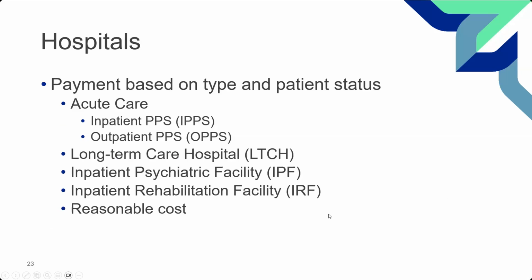Next, I'd like to move into hospitals because hospitals have a variety of payment methodologies, and that's what we're going to talk about as we go through these different hospitals. So this set of slides is based in the hospitals, but it's going to be based in the different payment methodologies. Okay, so acute care hospital, long-term care hospital, inpatient psychiatric facility, and inpatient rehab facility are all types of prospective payment systems. And then the last one is reasonable cost, and we'll talk about that one last, as it does fall only to certain types of hospitals.